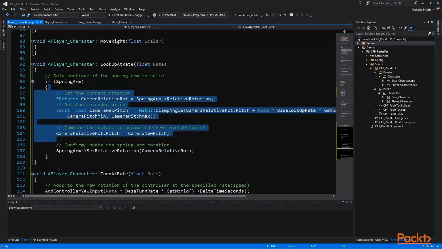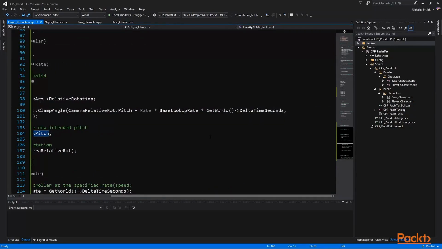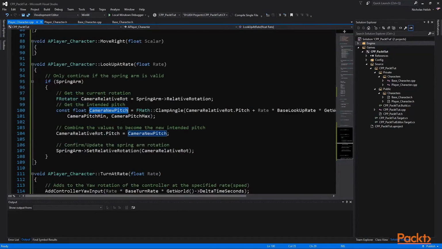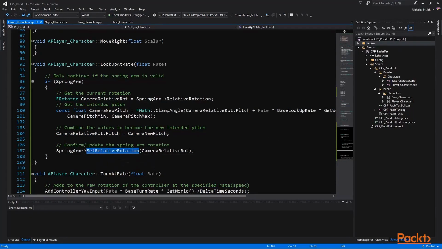This is all happening within one single frame. Then we are saving the clamped pitch of that saved rotation if we were to rotate it normally. Then we are setting our rotation that we saved for its pitch to be the clamped version. And then we are applying our new clamped rotation to our spring arm. We do this so we can independently rotate the pitch of the spring arm while constraining it to our min